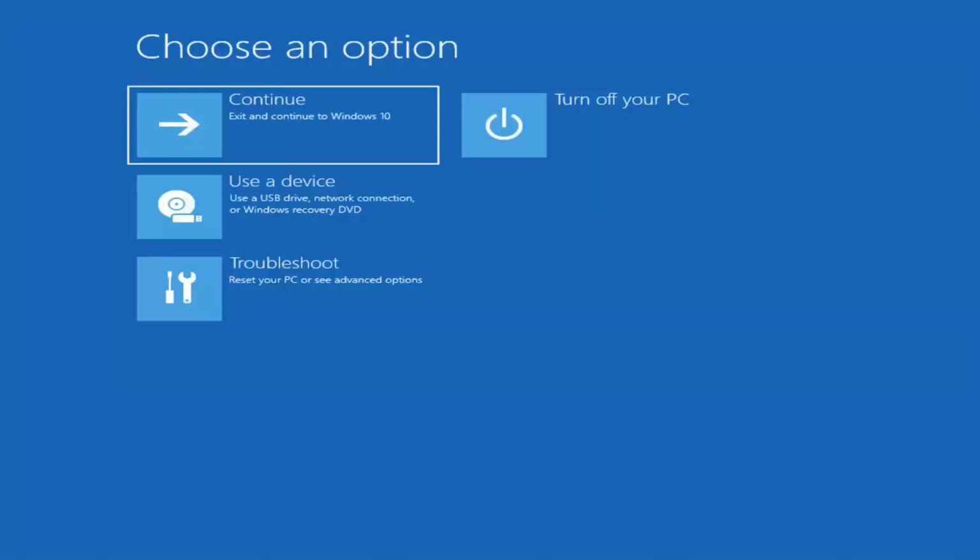So first thing I'd recommend doing would be to boot to the troubleshooting utility on Windows 11. If you do a hard power off 3 times in a row, Windows should automatically attempt to launch the startup repair utility. And if it doesn't find anything, it will give you the option to select advanced settings, in which case it would take you to a screen that looks like this. Now, if it does not take you to a screen that looks like this or you're unable to get to that,